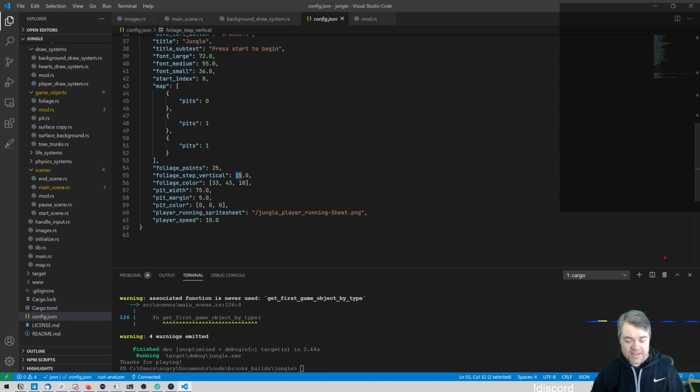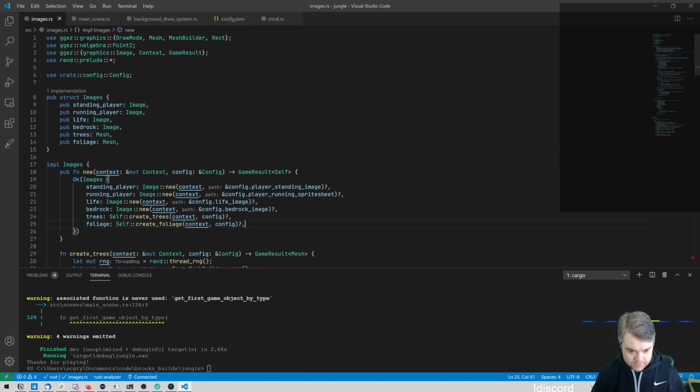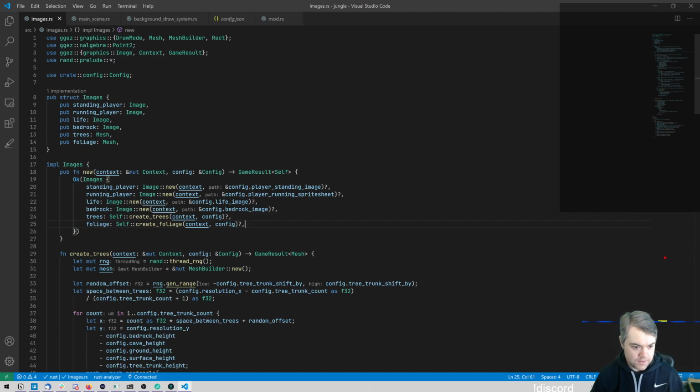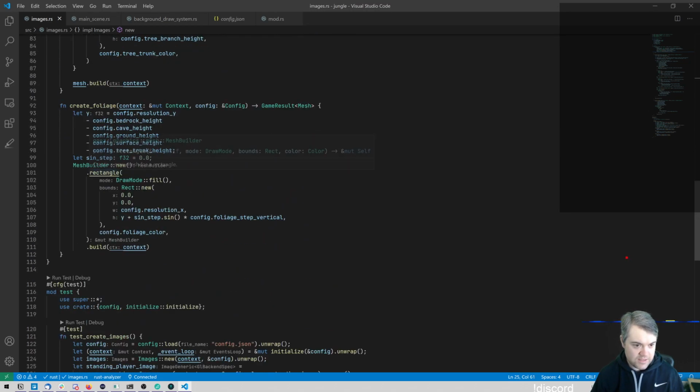We notice that it's not like crazy where the position is right now. We might want to increase this number. We might not want to. It depends. I'm not exactly sure where 0 is on sine, but 25 is. So we want to take the entire width of the screen, divide it by the foliage points. So I'm going to come back down here to images. So when we're creating the foliage,